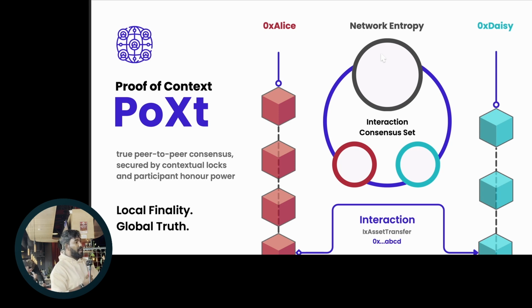right? You're achieving BFT on a 100-node cluster, but thousands of these clusters can occur all the time, and all of these clusters individually have the security of the whole network, right? So you manage to retain security, and you also manage to make the network extremely scalable at the same time, right? And the phrase we use here is local finality, global truth.